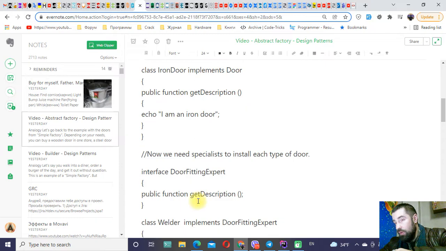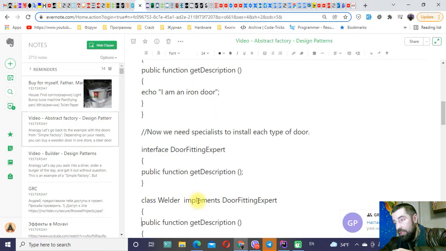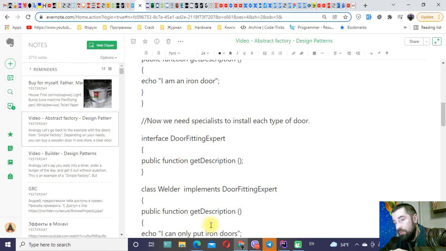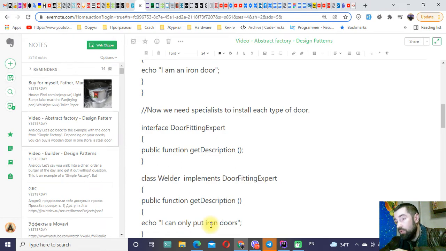Based on this we create the class Welder, which implements the DoorFittingExpert interface. Its getDescription method is going to have only the text "I can only fit iron doors", so we know this class is a welder, working with